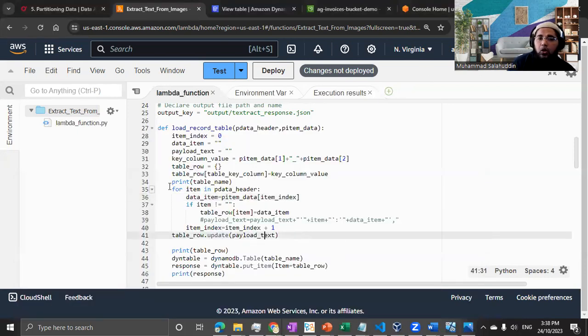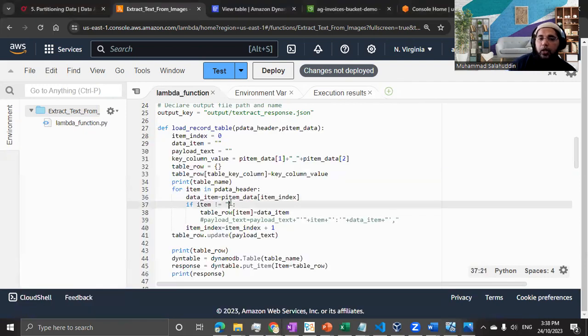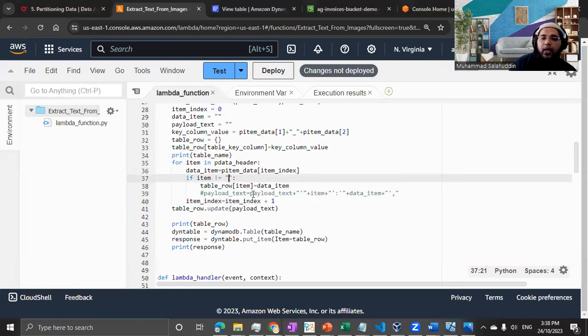Okay. So obviously, if the item is empty, that means I'm going to extract the navigation panel, or the column name is missing, which is not going to help me if I insert it into the DynamoDB table. So I'm going to ignore the whole operation. I'm not going to store it into my data dictionary, because obviously, if the key is missing, what's the point of storing the value in the dictionary? So you can see I have put a check that only does the operation under the loop if the item is not equal to empty, right? So in that way, I can extract the